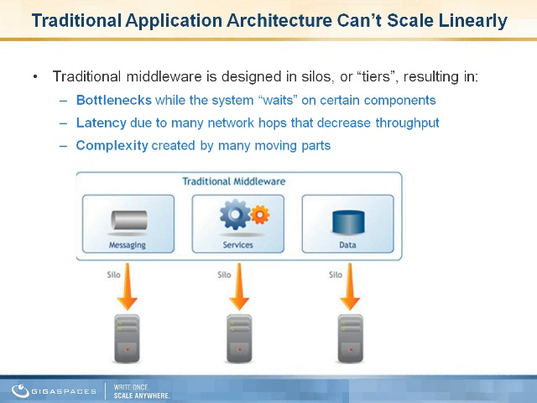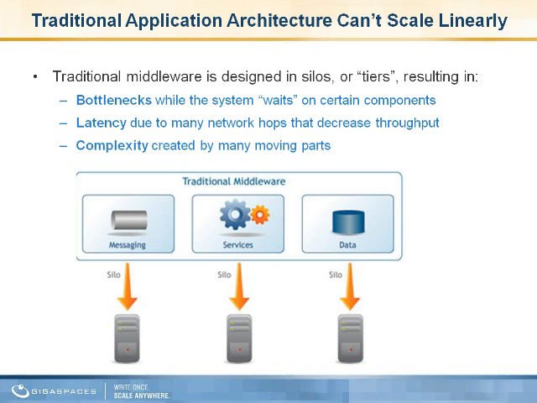So just to understand why it is difficult, the way applications are architected today or traditionally, to scale on demand and to scale linearly. Essentially, it's because the application is built in tiers that are silos. Each one of these tiers, and a typical example would be the messaging tier, the data tier, services, or the business logic tier. There could be other tiers such as the presentation tier, web tier, and so on. Each one of them usually runs a different product. It runs on physically separate servers. So each one is a silo in essence.